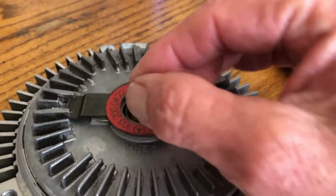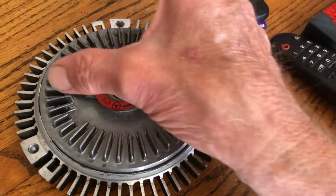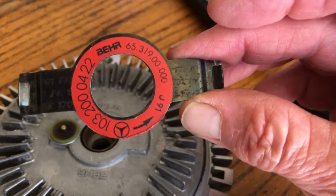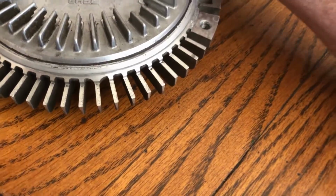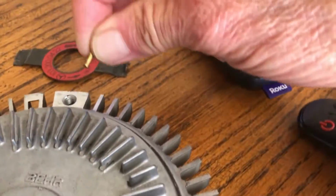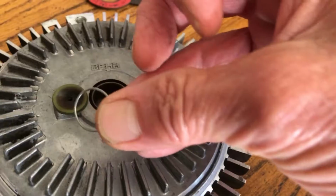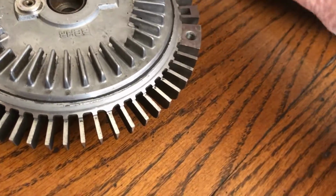This little pin. Here, let me open it up. Okay, all you do is just push down and slide it, and this thing will come off like that. This is the bimetallic metal that bends, right? And when it bends up, it releases this little pin that's in here. Let's pull it out. There's the pin, right? And then there's a little circlip, just pulls right off. And there's a rubber protector. And down in here